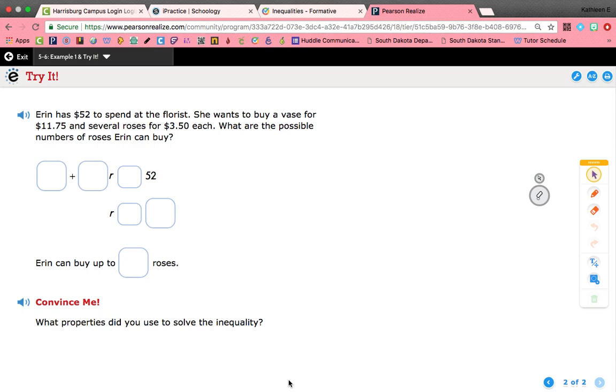Topics 5-6, 5-4, and 5-5. We're introducing you to inequalities, and they were typically one step. Now we're going to get into two-step inequalities. So if we look at this first one, Aaron has